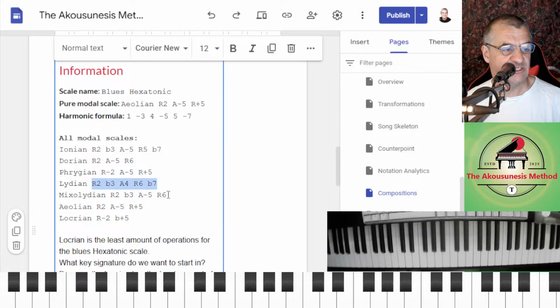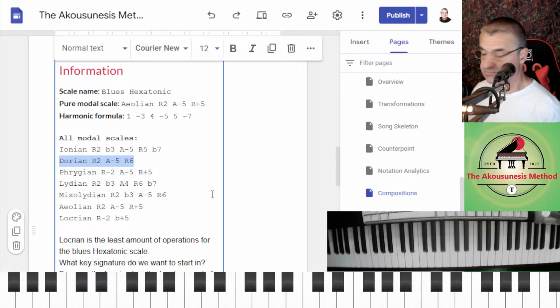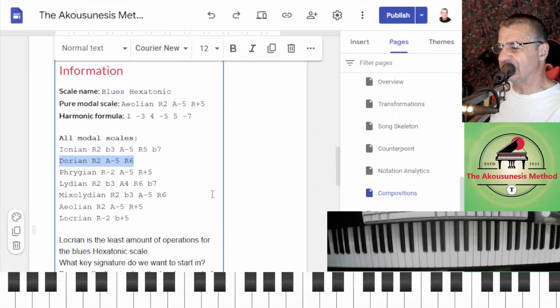And it wouldn't be wise to remember it as a Mixolydian with 4 operations. This is too many operations to remember. It's much easier just to pick the minimal. So you might choose between the Locrian, or you might even choose the Aeolian. It's got 3 operations. You could even choose the Dorian with 3. So 3 operations is probably the most you want to sort of remember. You don't want to remember too many more.